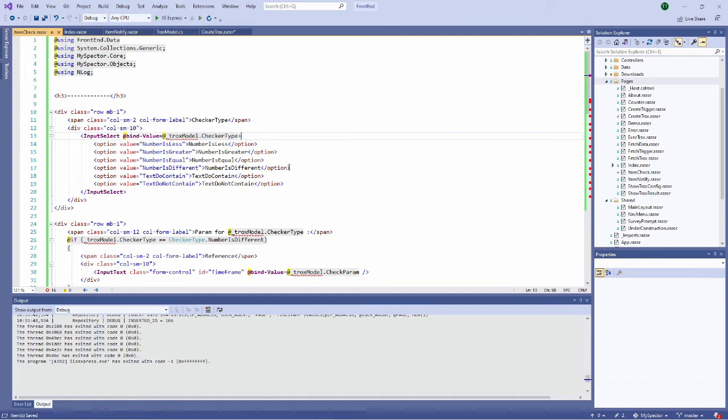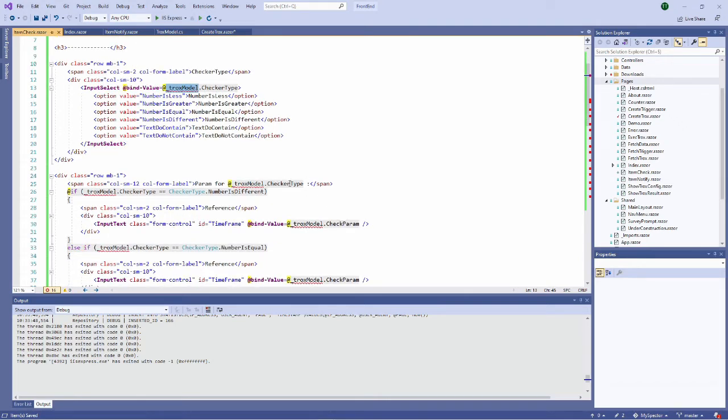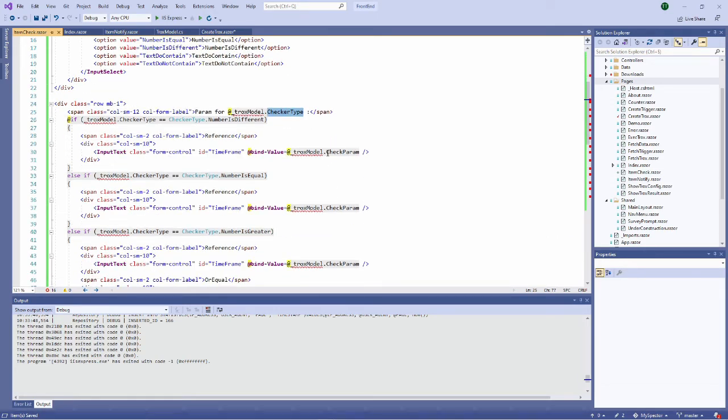To solve this issue, I will first isolate the parameter which is needed. So here, in fact, what I'm just needing is a checker type, because here you see the checker type, if we check, is on the, no, there is a checker param too. So I have a checker type which is needed.